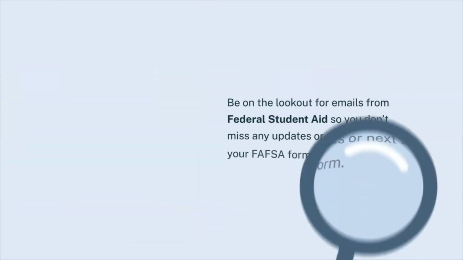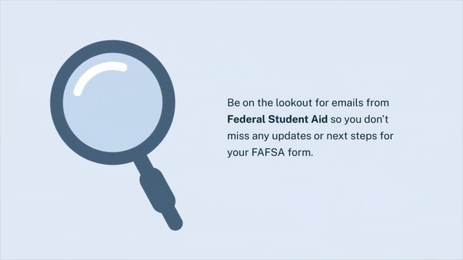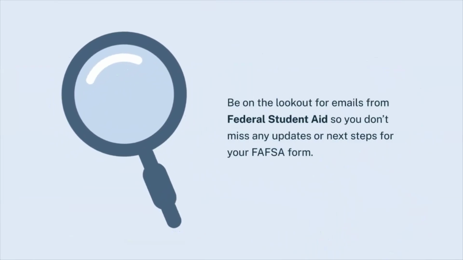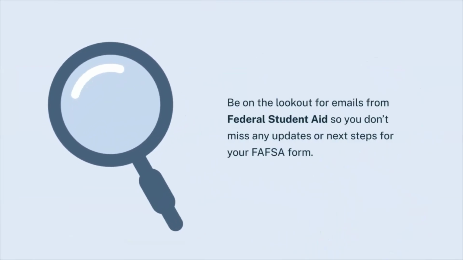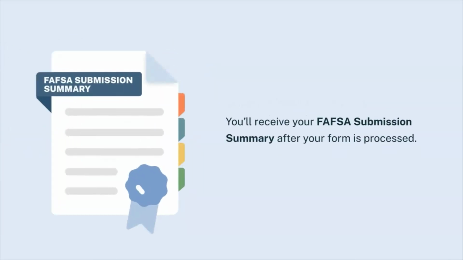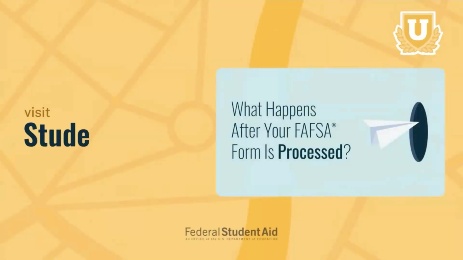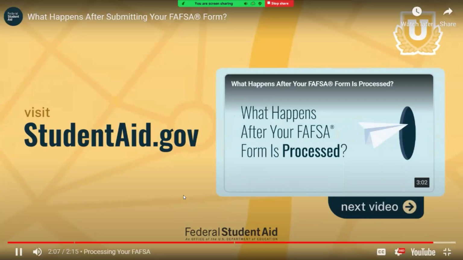All students should stay on the lookout for any additional emails from federal student aid and from the colleges, career schools, or trade schools that you listed on your form, so you don't miss updates or next steps you may need to take for your FAFSA form. Starting in the 2024-25 award year, after your FAFSA form is processed, you'll receive your FAFSA submission summary. We'll cover what you can expect to see on your FAFSA submission summary in our next video. What happens after your FAFSA form is processed? For more information about the